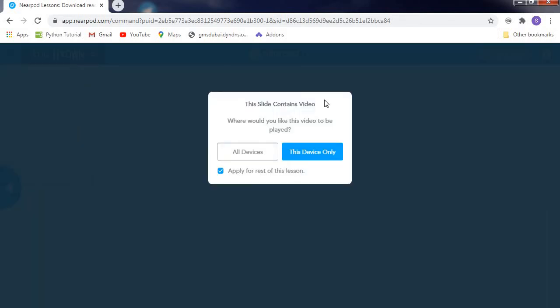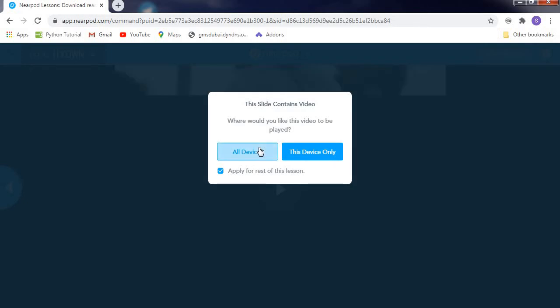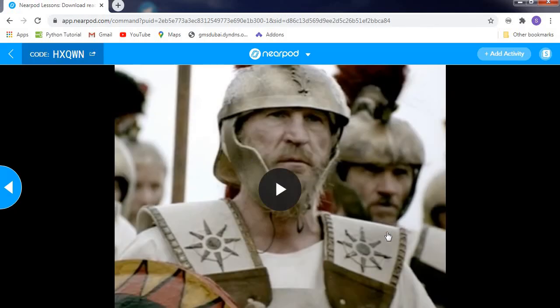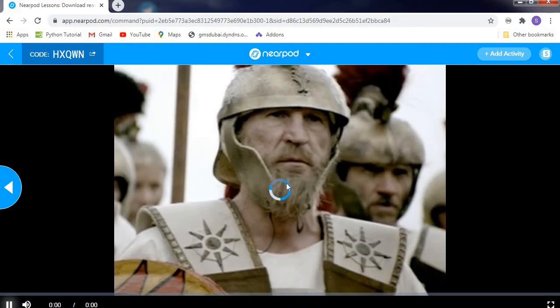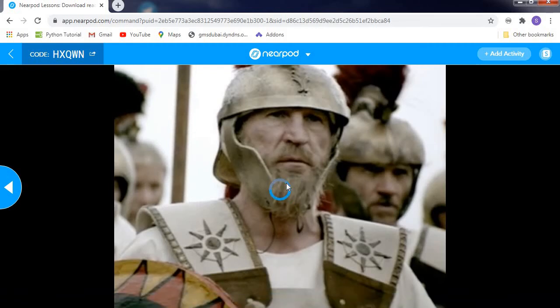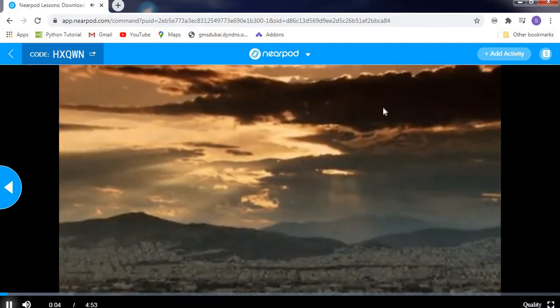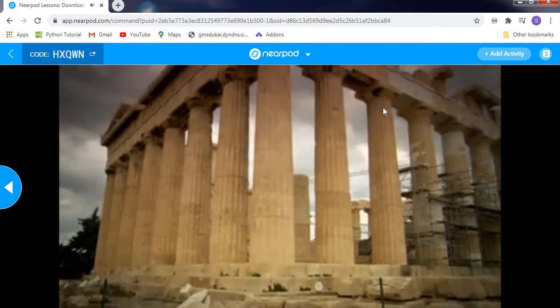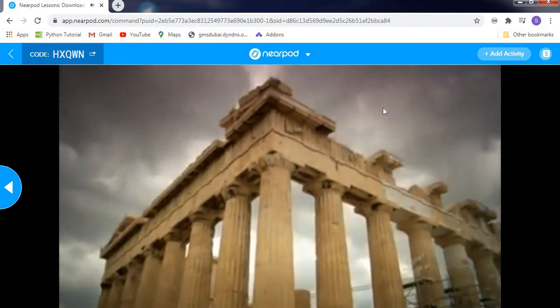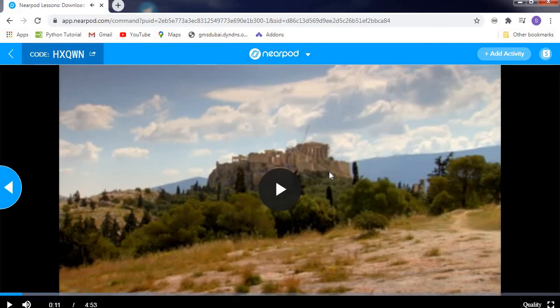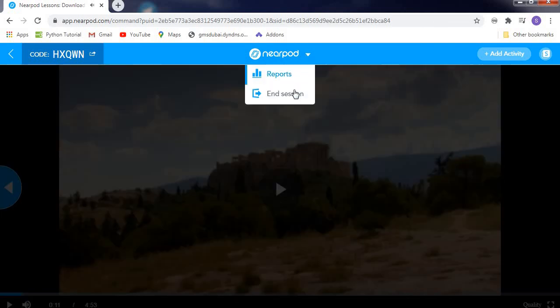So this way is the view, and the other one is what you are going to show for the BBC video. You can choose all devices or only this device. We need to show it to all the students, right? So you need to select it for all devices, which means whoever the children are, they can view this one. So this is a BBC video we selected. This way we can prepare an activity based on your topic. If you find any BBC videos, you can show them to the students. So these are the ways of creating a lesson.